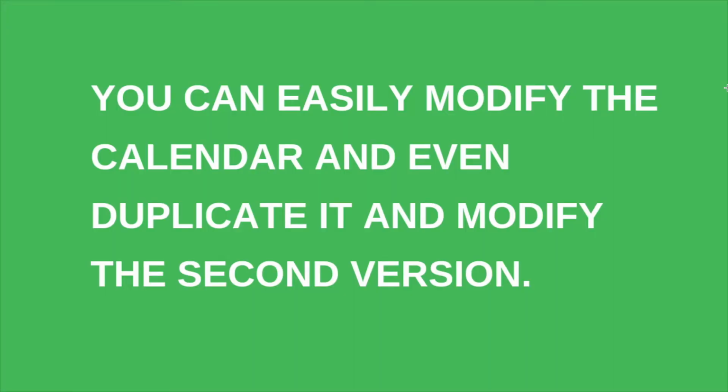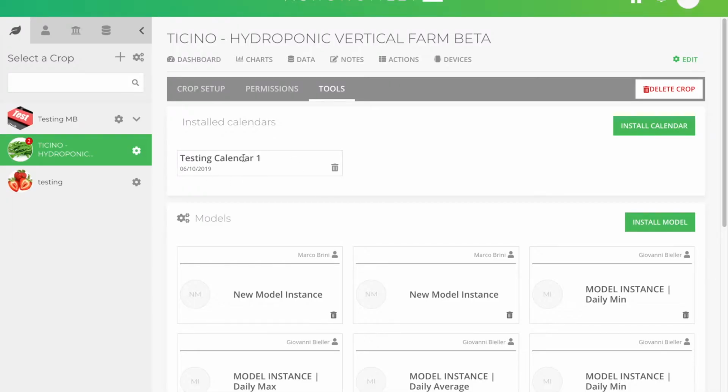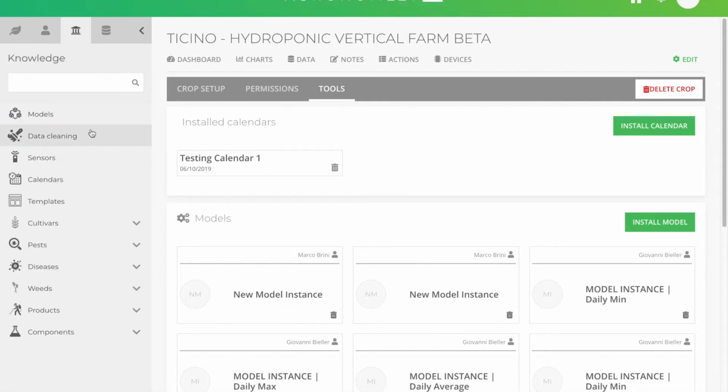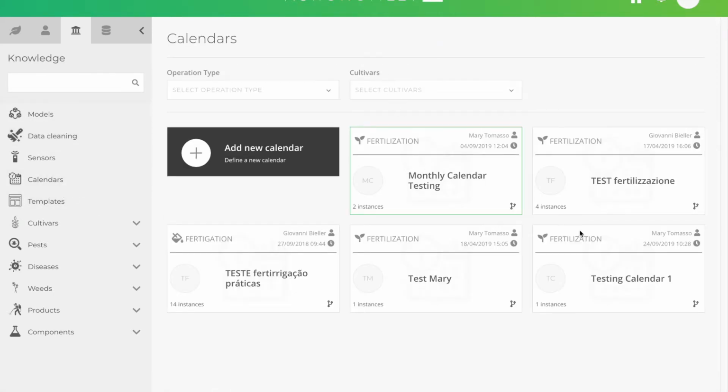Another benefit for a farmer to have a calendar is that you can easily modify the calendar and even duplicate it and modify the second version. So let's see how. We want to modify and duplicate the Testing Calendar 1. So we have to go to the knowledge base and click on calendars and find our Testing Calendar 1. If we want to edit it, we just click on it